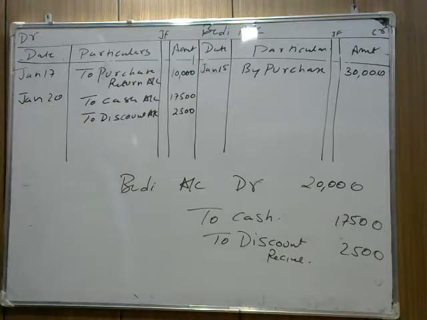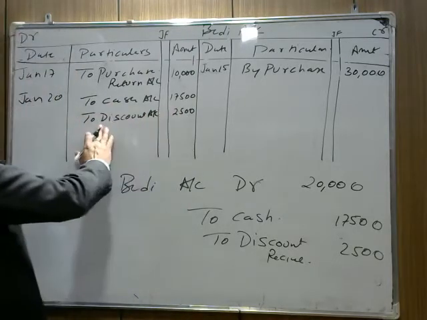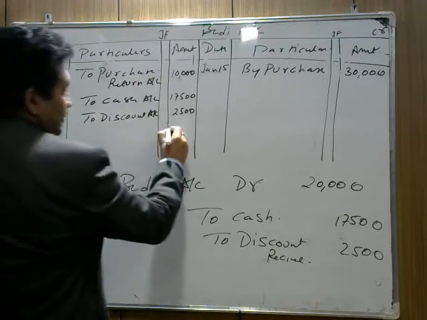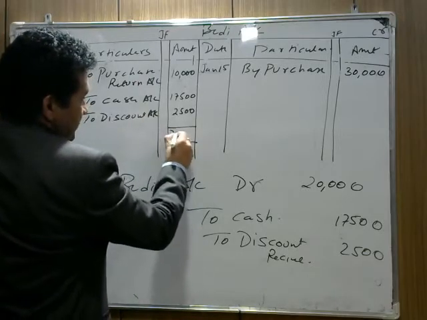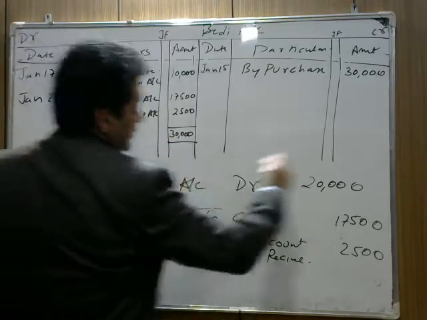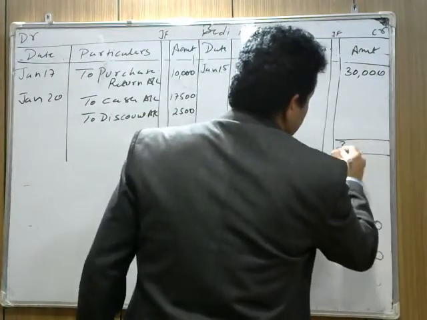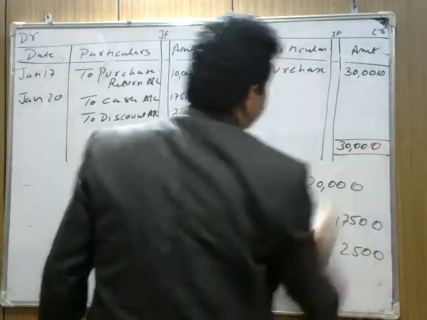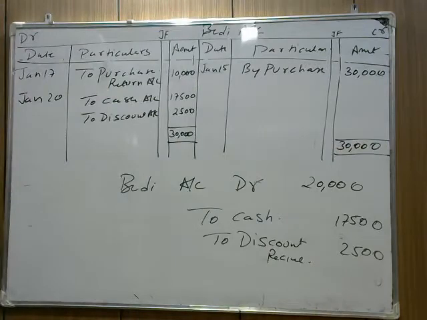तो here if you see this, the liability is decreasing. Whenever liability decreases, it will be debited. So here if you do the balancing, it is equal to 30,000. Here is 30,000. तो कोई बैलेंस नहीं बचा है. Okay, we just close it here only. Now the balancing part, because we pay to Bedi, जो भी हमने था हमने इसको full settlement में पे कर दिया. I hope it's clear how we prepare Bedi account.